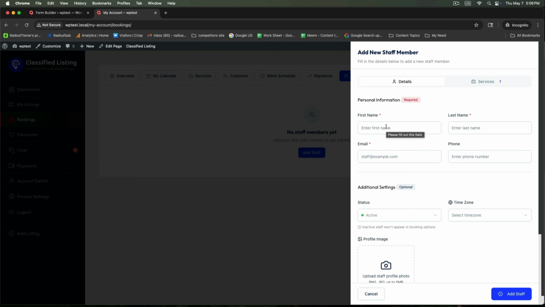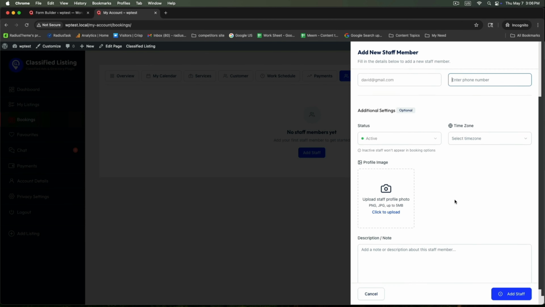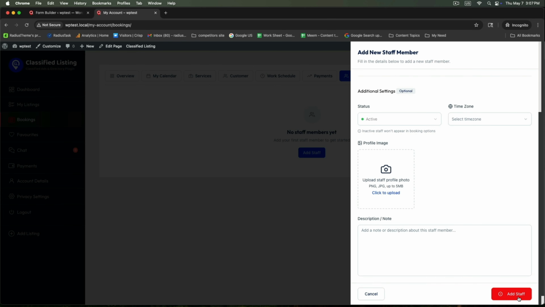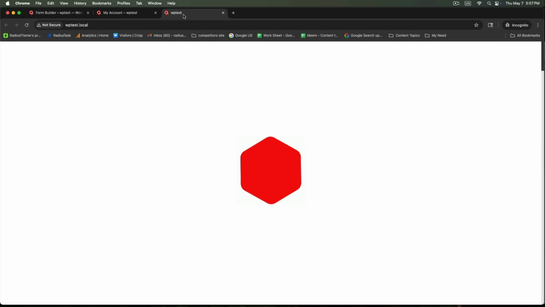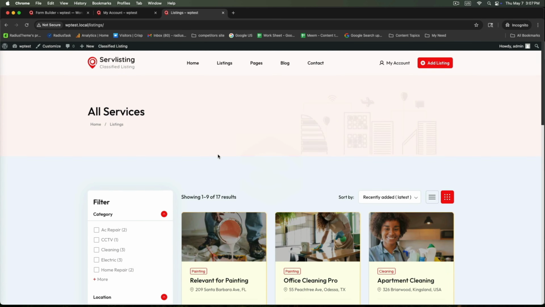Let's see how it looks. Here, this is the appearance of your new staff member form. You just need to provide the information like name, email address, phone number, and an image. Then click on Add Staff, and this way you can easily create your desired service under the supervision of your